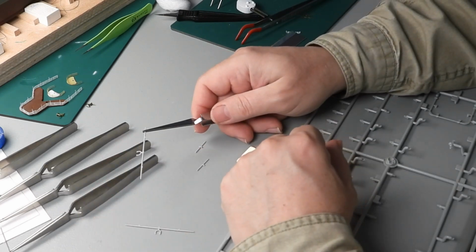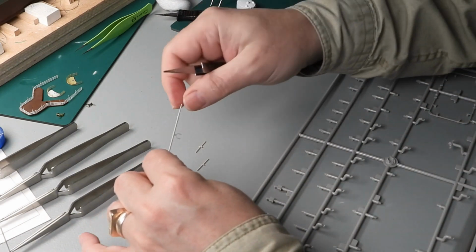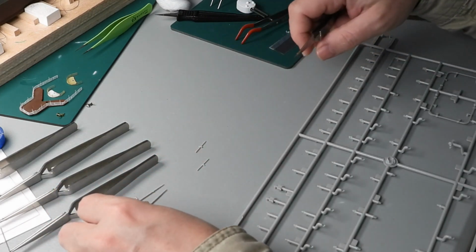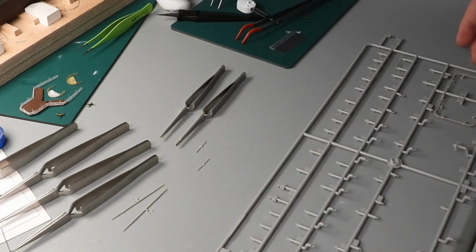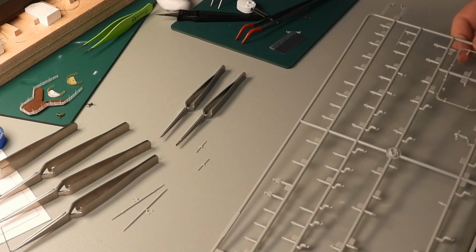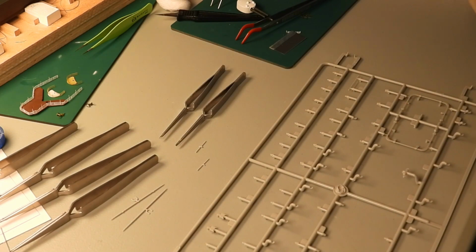I should clean these ones. There are traces of plastic on them. I will clean them off camera and then I will paint. But these are mainly the pieces for the masts. We'll advance with this one, and